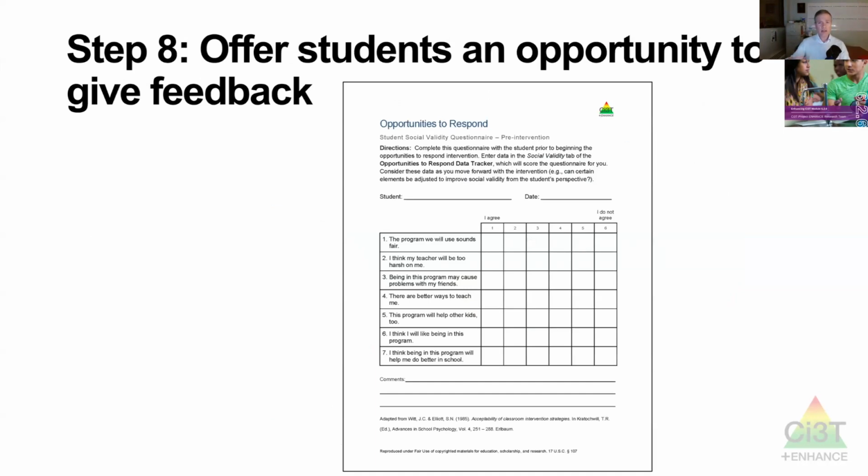And then at the end, either that time, every time, or periodically, I want to offer an opportunity to give feedback. Maybe it's a smiley-o-meter for the younger grades. Maybe it's this version of the children's intervention rating profile, where they just have a few questions where they can check them off if they're old enough to do so. Maybe it's oral if it's a small group, or one-on-one where I'm just asking them the questions and they tell me, or they point on the scale from 1 to 6 how much they agree or disagree with each question. But they're letting me know, giving me their feedback, because if they aren't enjoying it, they're not liking it, then I'm going to try something else.